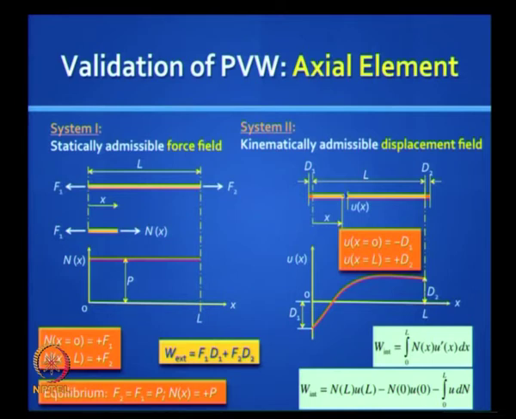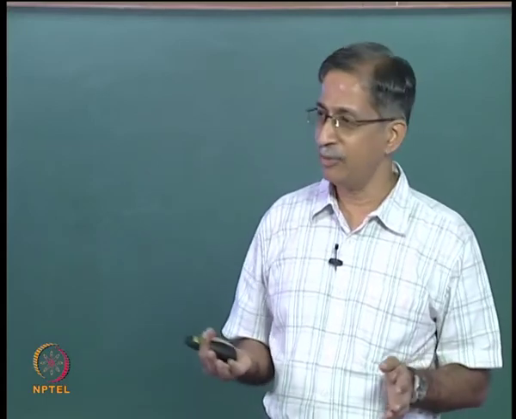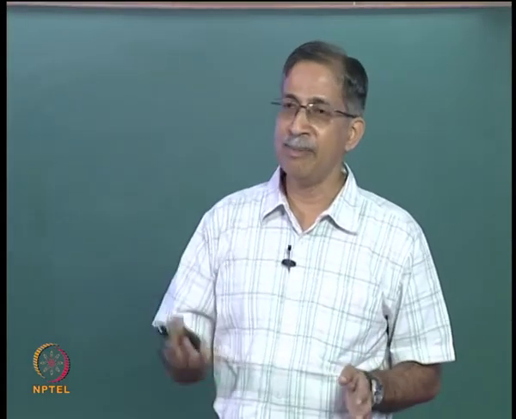Now because there is no change in N along the length of this particular bar, that last quantity will vanish, it is equal to 0. If you now apply the boundary conditions of N(L), u(L), N(0) and u(0), you will find that you get exactly the same expression as for external virtual work. This is a beautiful validation. You can see clearly there is no relationship between the axial force distribution and the axial deformation distribution, and a similar proof is possible